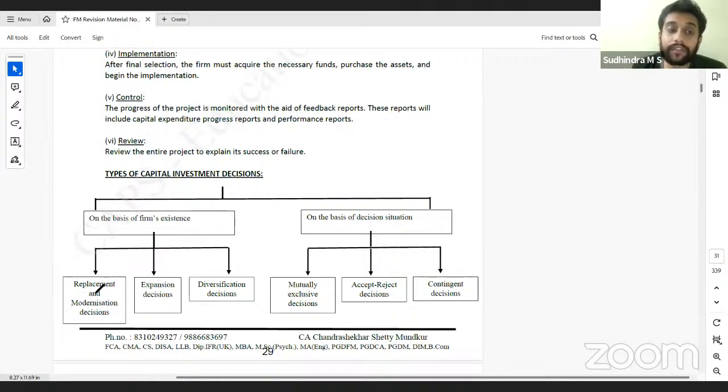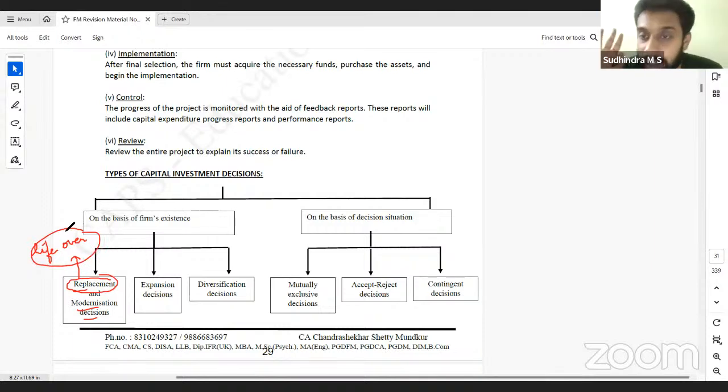First one is replacement decision and modernization decision. What is this replacement and modernization? Replacement decision would happen in case of those assets where the life of the asset is over. Life of the asset is over, we are replacing such asset. Replacement decision. Modernization decision is whenever there is technological upgradation,